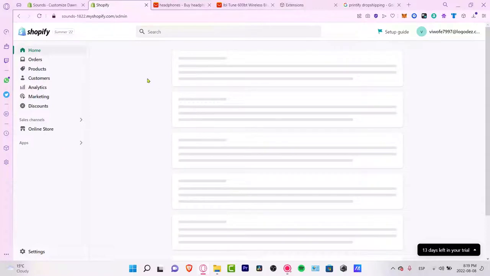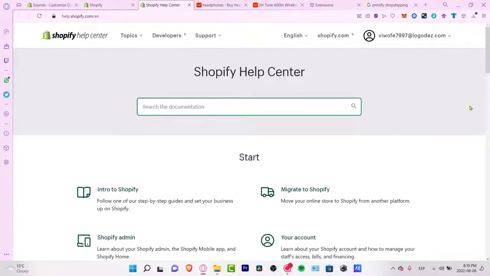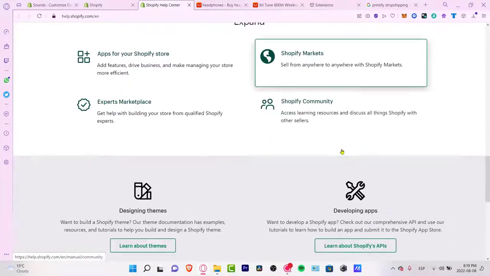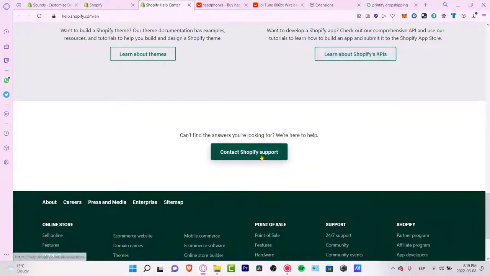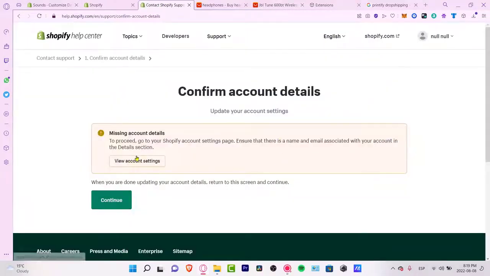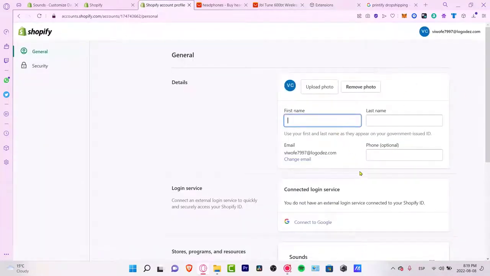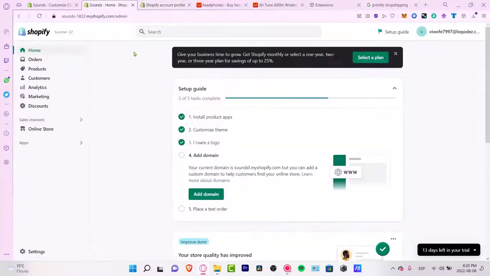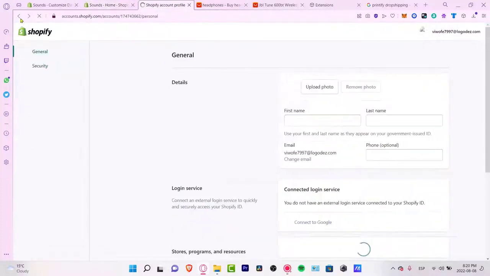And once again, guys, you can always go into the home section. You can select your account and you can go into the Shopify help center if you have any question about migrating to Shopify, about your account, anything related to your website. So you can scroll a little bit down and try to look for a specific situation. You can contact Shopify support, and after that you can click continue. In my case, to proceed we need account settings, so you just need to fill in all your information here in order to continue, guys. But in my case, I'm not going to do that. But you guys just go ahead and select all your general information so you can contact Shopify, and they'll be more than happy to help you